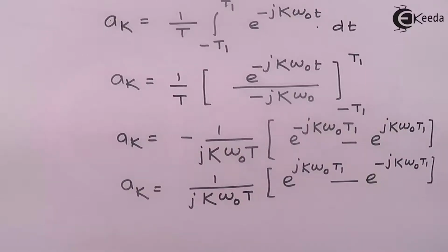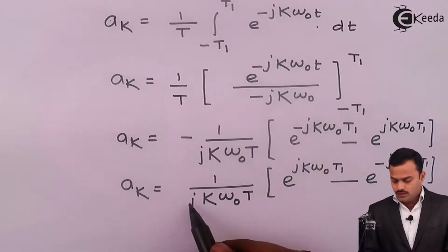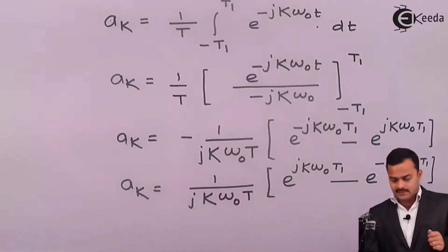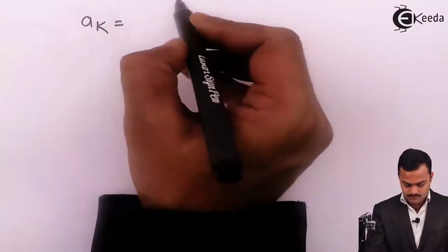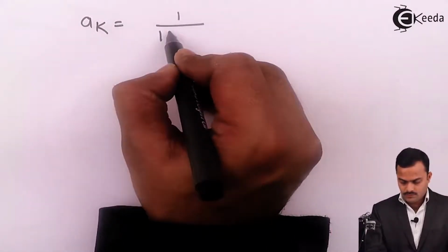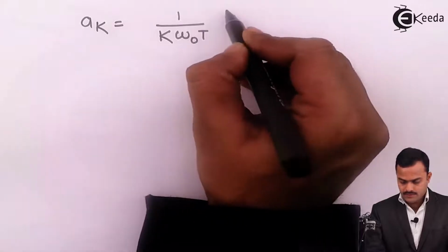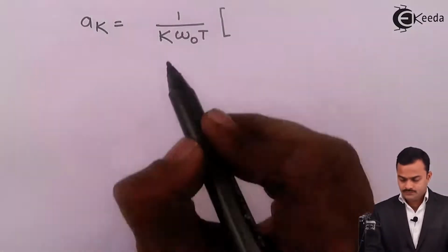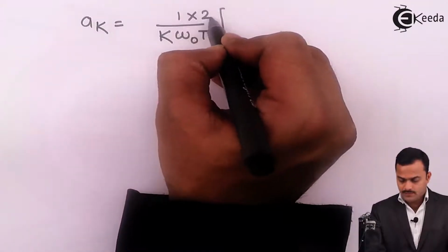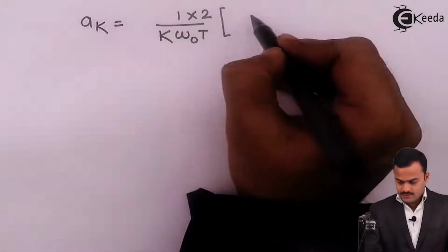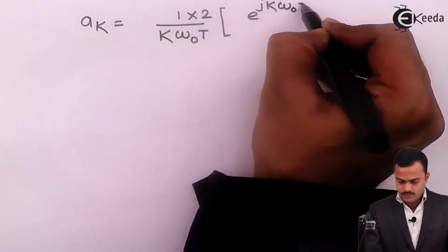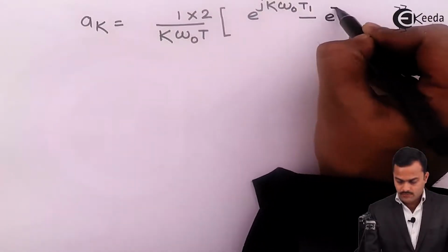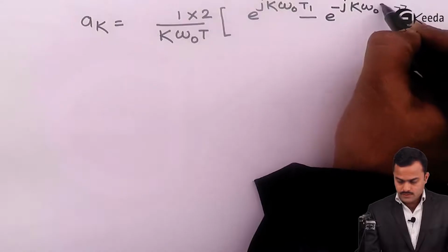Now we know Euler's identity. For that purpose, I will adjust 2 in the numerator as well as denominator, and I will take this 2j inside the bracket so that ak will be 1 upon k omega 0 t. I'm adjusting 2. So first I will multiply in the numerator e raised to j k omega 0 t1 minus e raised to minus j k omega 0 t1